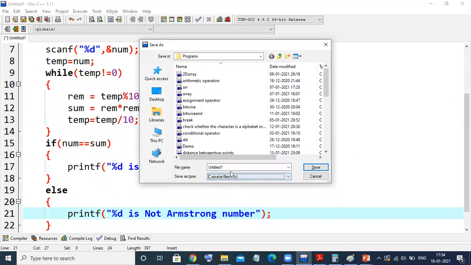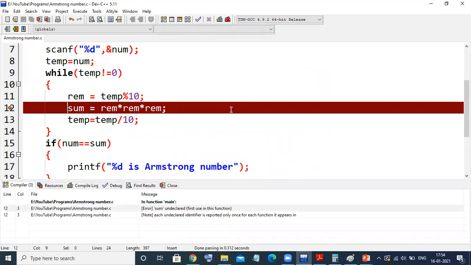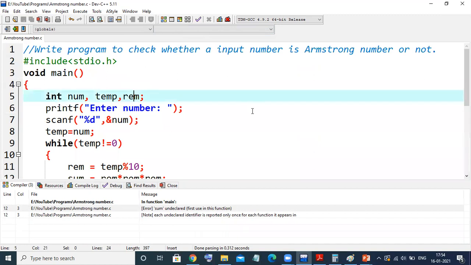So let us check first whether the logic is executing properly or not. Before that, in Dev C++, it's mandatory to save the program. Armstrong number, enter. It's saved, executed. Oh, sorry, I have not initialized the sum variable here.